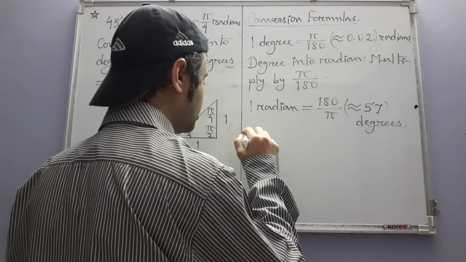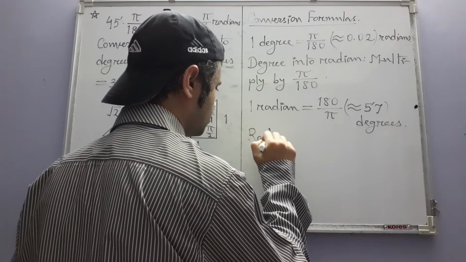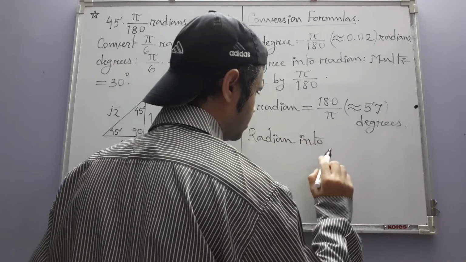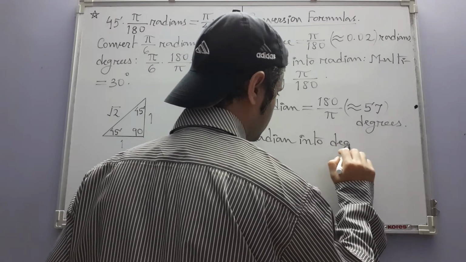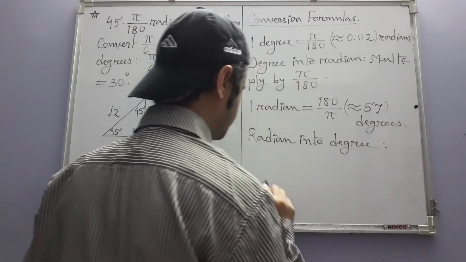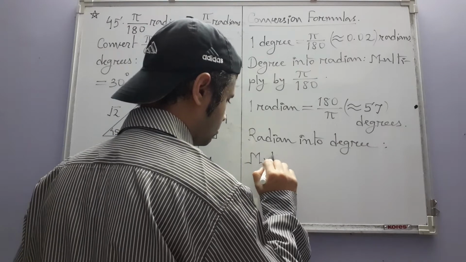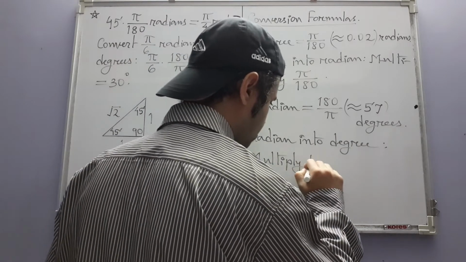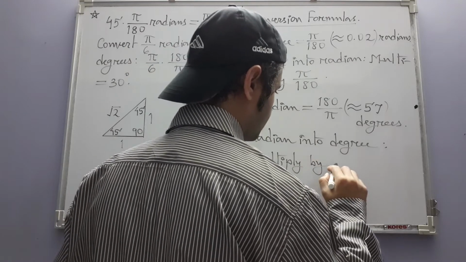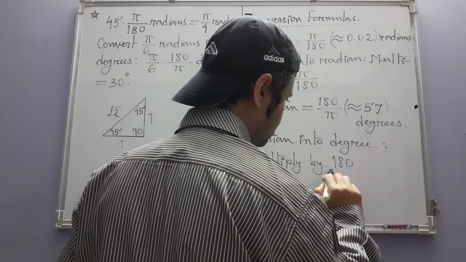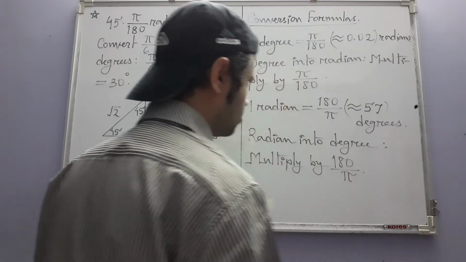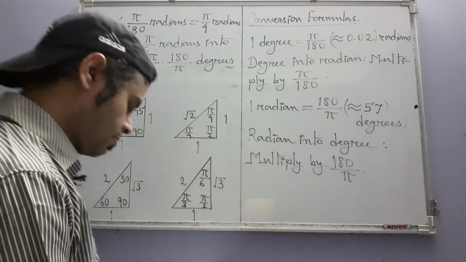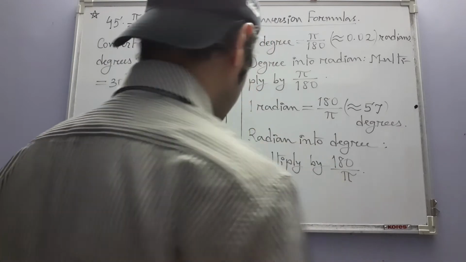And to convert from radian into degree measure, multiply by 180 divided by pi, or more roughly you can multiply by 57 also. Okay, now